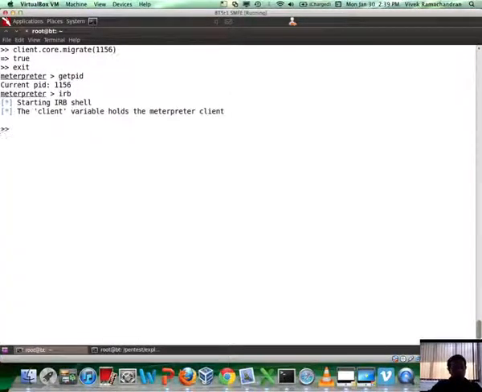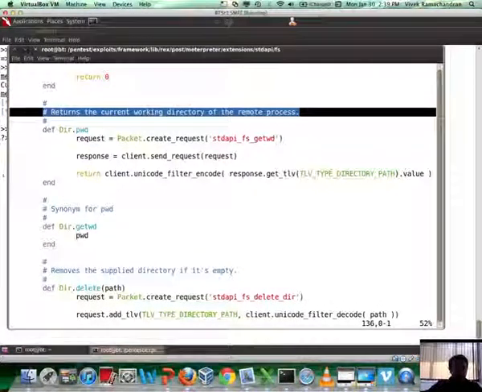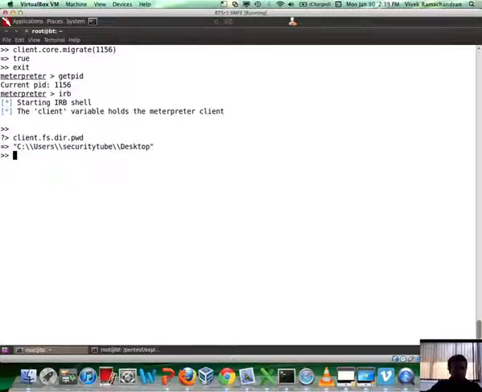Fall into IRB mode again, client, and basically what I'm going to be using here is FS for the file system. Then I was in dir, and then what I'm using is pwd. So here goes, right? And it basically gives me the present working directory, which typically you would have found by using the pwd command from within